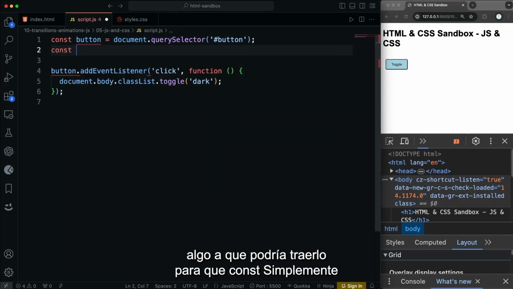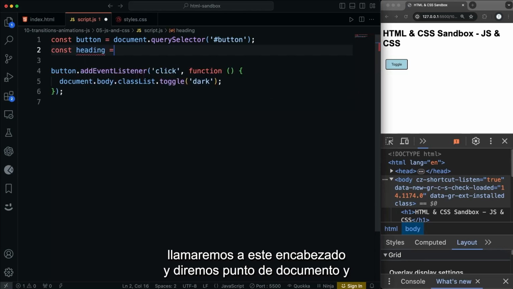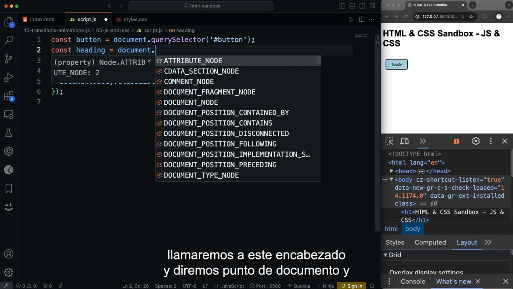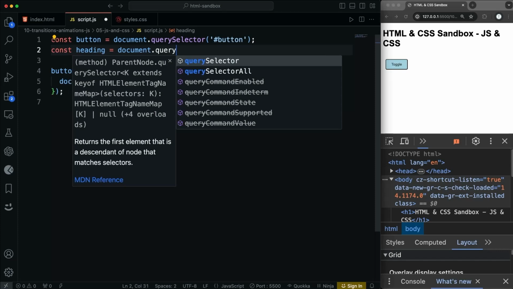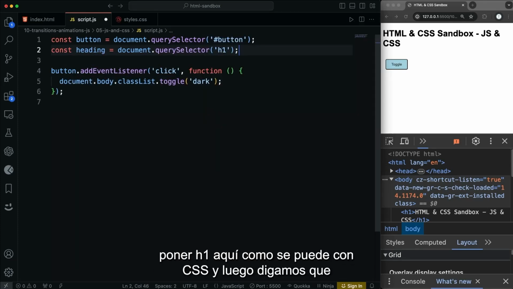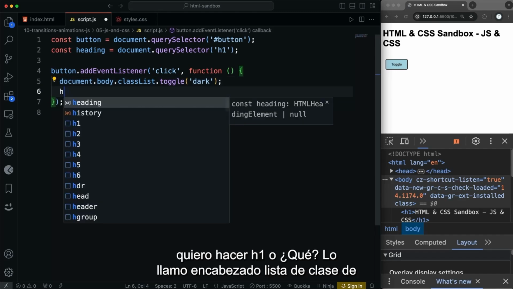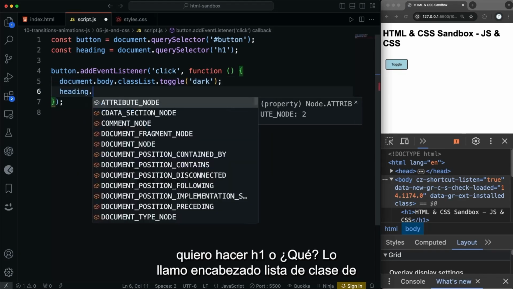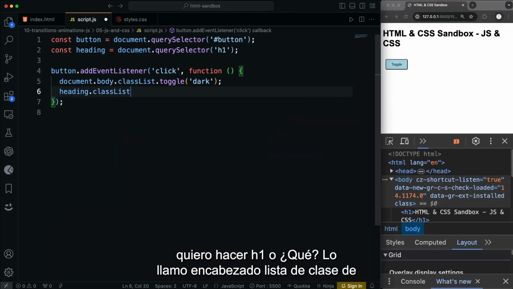Right? If I wanted to target that H1 and do something to that, I could bring it in. So const, we'll just call this heading and say document dot, and let's do querySelector, and I could just put h1 in here just like you can with CSS, and then let's say I want to do heading dot classList dot toggle, and let's